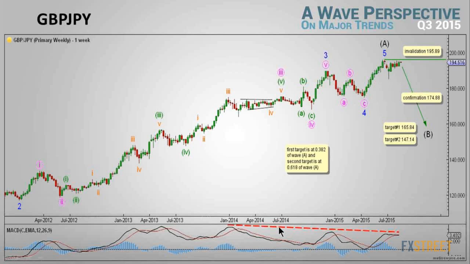Regarding the weekly MACD readings, 2 points are of significance. First, we notice that the third of a third wave, which is represented here, had the greatest momentum, and that ever since, MACD failed to register a higher high even though price action continued its uptrend. As we know, that is typical MACD behavior and it supports the main count view. The second point is that MACD continued to exhibit the same type of divergence between the end of wave 3 blue and wave 5 blue. Our confidence in this count will increase dramatically by movement below